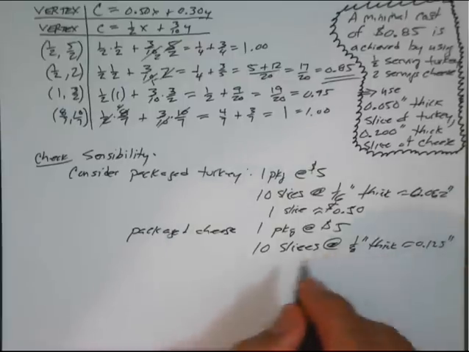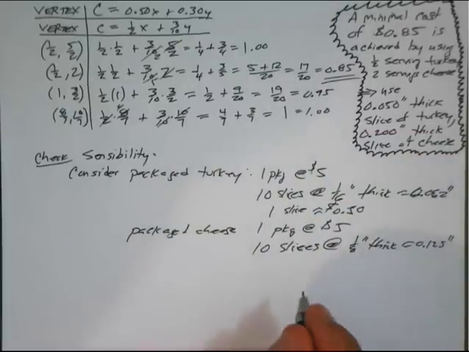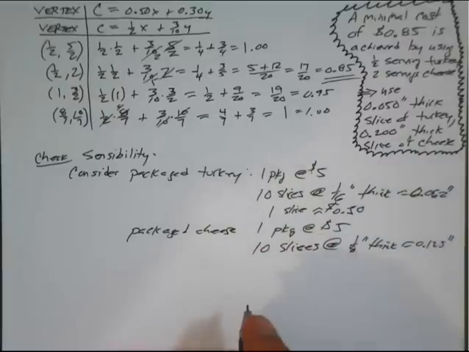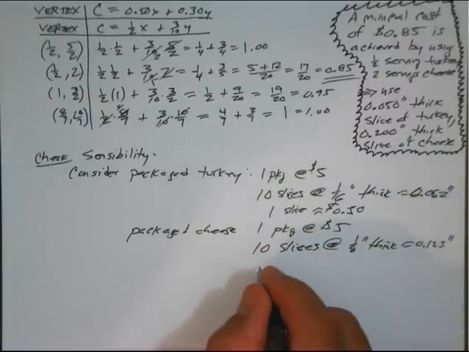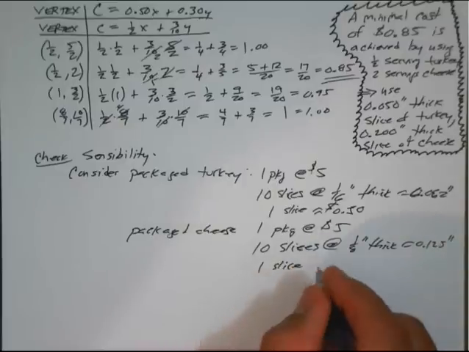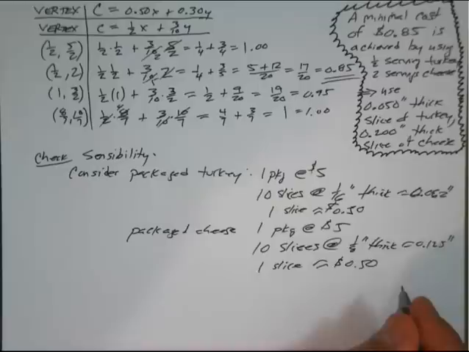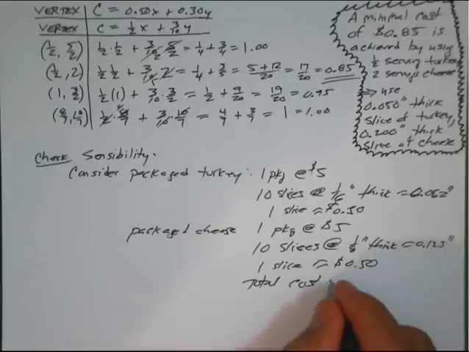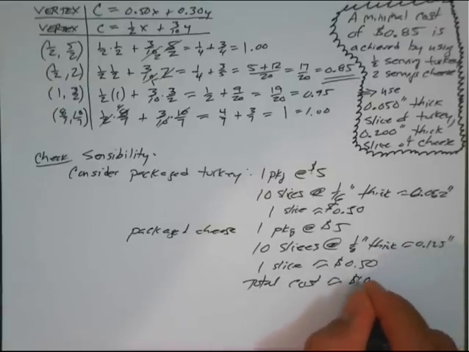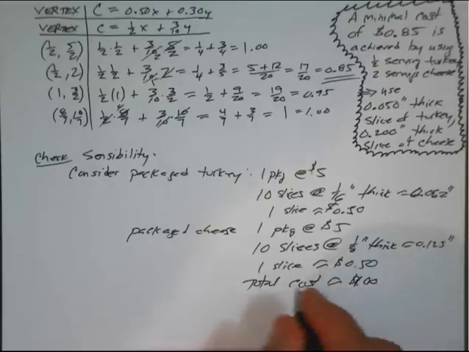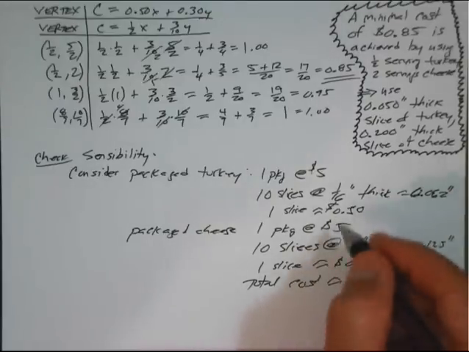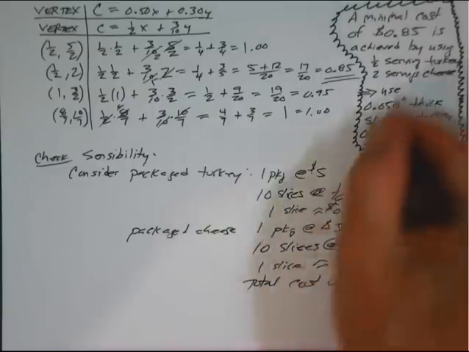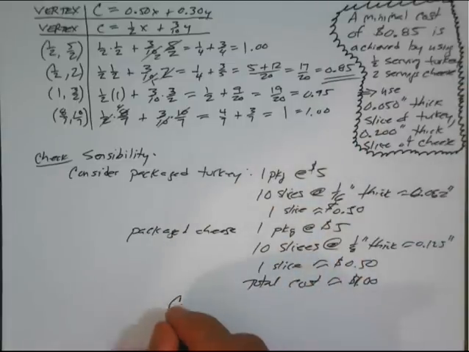And we're looking for absurd things. That's what's going to trigger us to go back and review the whole problem. So this is giving us the clue that our cheese slices are thick, but at least they're sensible. And the price of one slice, if you buy this kind of package, is about 50 cents. So the total cost for one slice of turkey and one slice of cheese is about $1. Both these slices that we're familiar with in everyday life, and the kind of cost that we see at a grocery store, roughly speaking, are in line with what's going on in this question. So this is all consistent